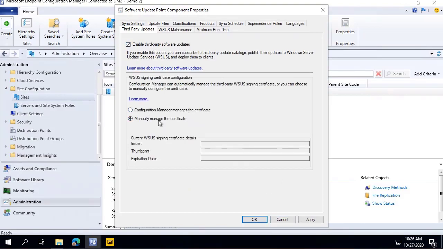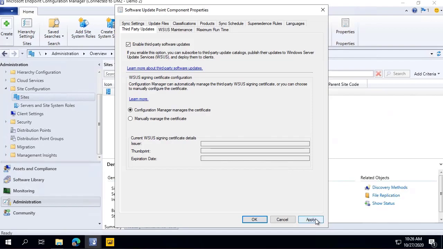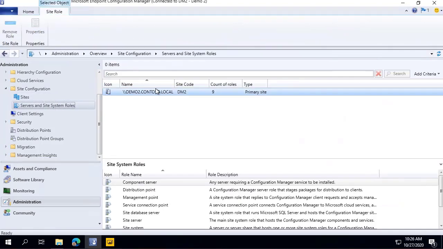And this is a point that some people can get confused by. So the option for Config Manager to manage the cert, basically what that means is if you don't have a WSUS signing cert, which is required for any third-party updates, that's how your clients can validate it's coming from a trusted cert. One confusion is that, if you don't have HTTPS enabled in your SUP, you can't use this feature at all. HTTPS is only required in the event that your software update point is remote and you have this option enabled. So in our environment, for example,